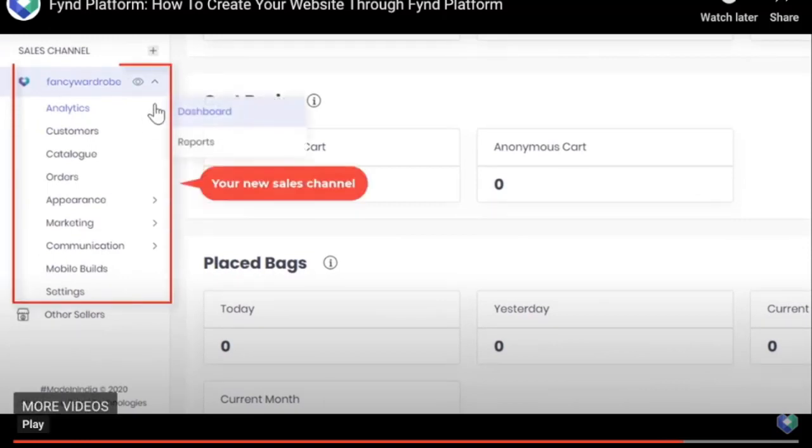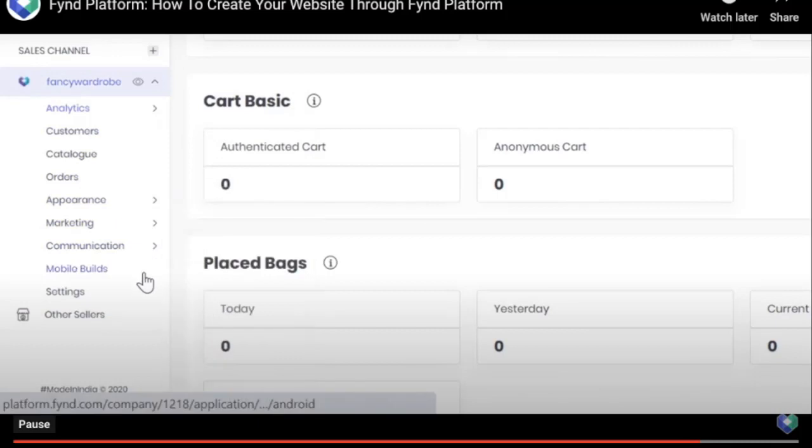This will be the link of your website. It will be shown here, and here is how you can manage your website. These are the settings that you can do. You can manage your orders, you can manage communications, you can do the analytics, you can add catalog of your own website from here. So this is how you create your own website on Find Platform.